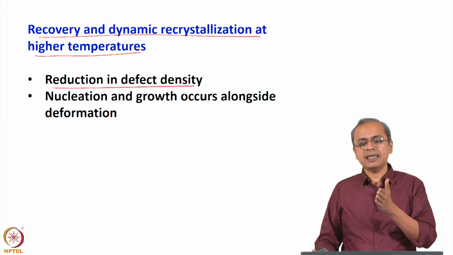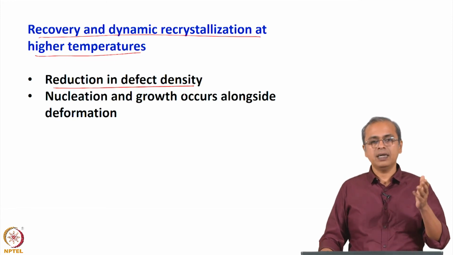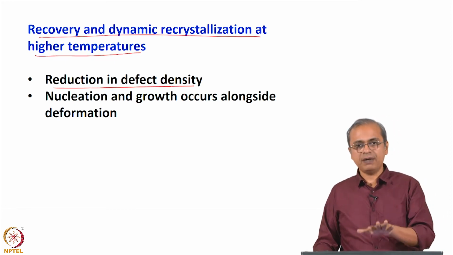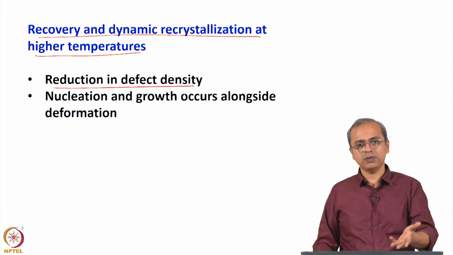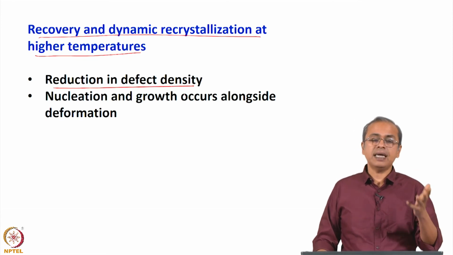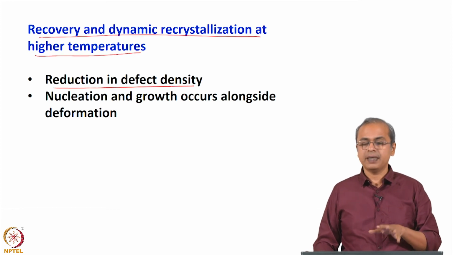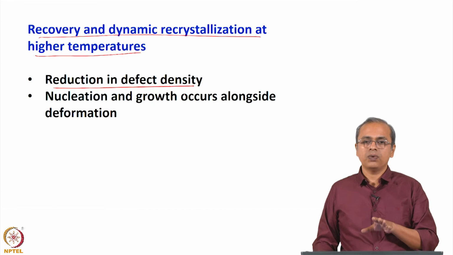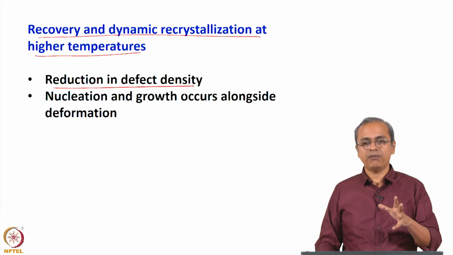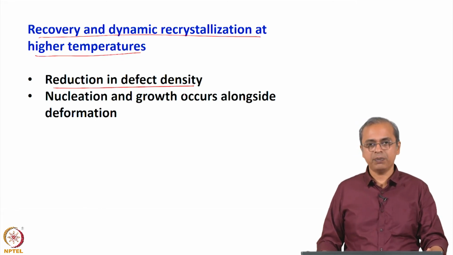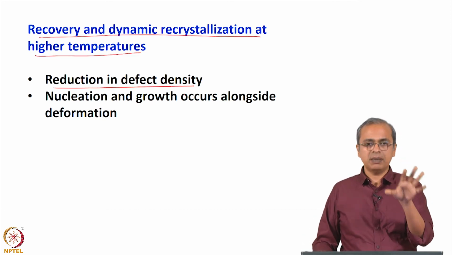And in an industrial setting, that is not a nice thing to have, because you are wasting energy. If you have done say 5% deformation with some amount of energy, it would be nice to do the next 5% of deformation also with the same amount of energy. If suddenly the energy requirement is going up significantly, then your cost for doing the deformation goes up. So normally whenever you go to an industry where they are doing considerable metal working or metal forming and trying to change the shape of that sample significantly, what they will do is they will do some amount of metal forming or some amount of change of shape,